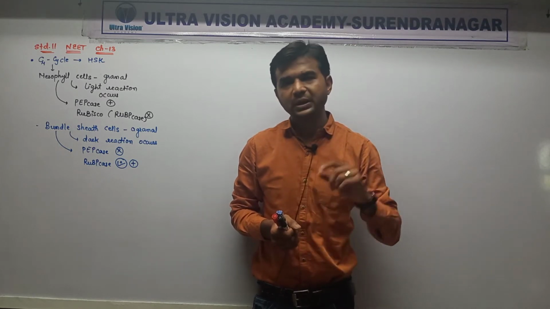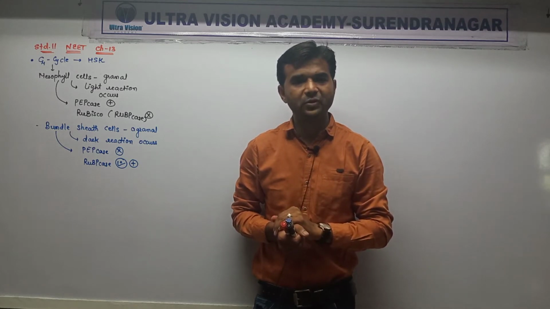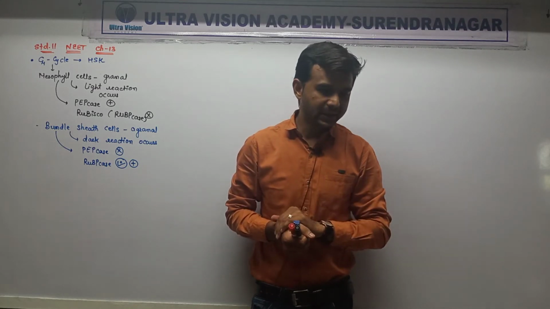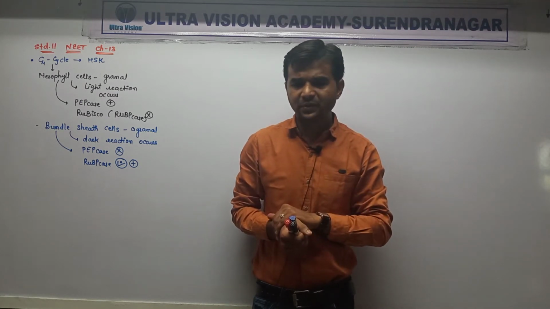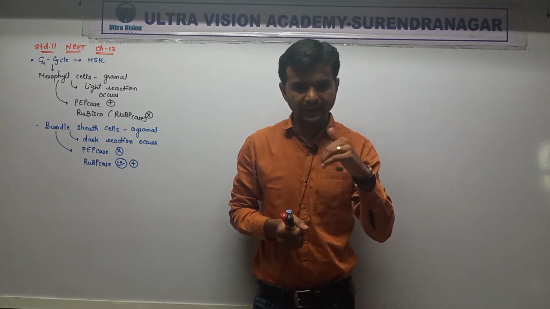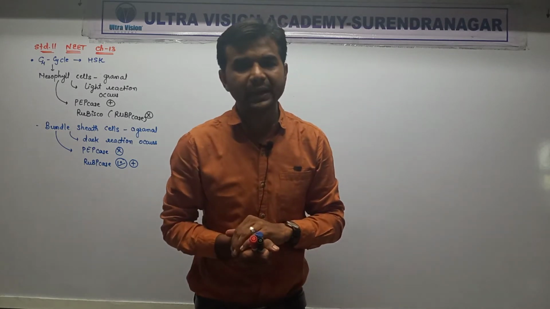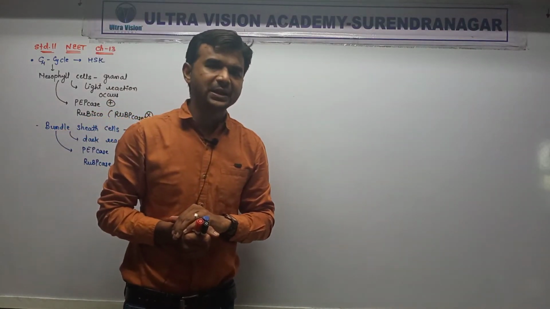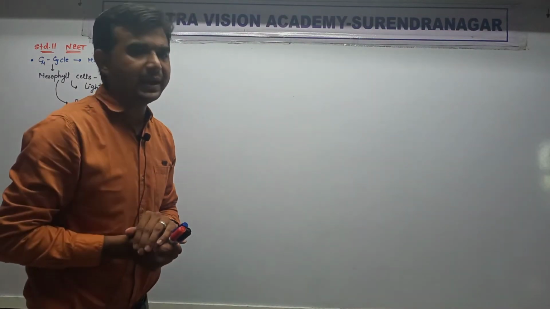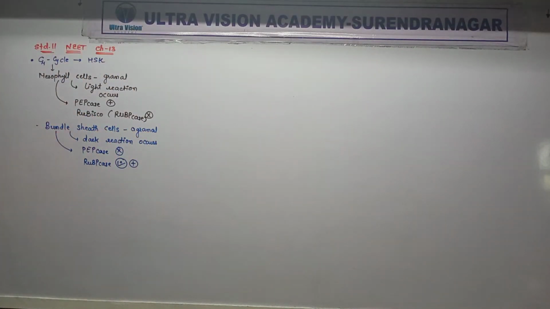You know that in the regeneration of PEP from pyruvic acid, as I told you, pyruvic acid is phosphorylated and converted into PEP. At that time 1 ATP is used. So 30 ATPs are used, 18 NADPH2 are used, and in this way, by the C4 cycle, glucose is synthesized.